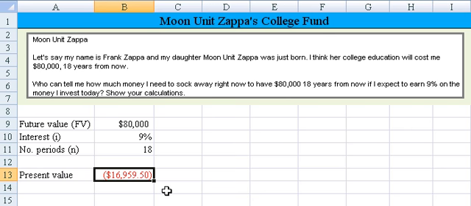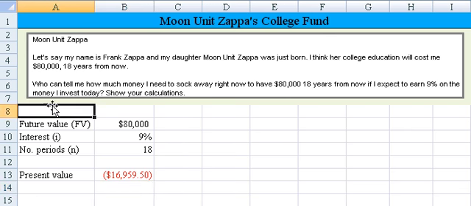And how we solve that is we use Excel's present value formula, where we enter the future value. Actually, let me do it in order. Where we enter the interest rate of 9%, then the number of periods, which is 18. There's no payments. That's why we have two commas. There's really a zero in between, or you can omit it. And then we enter the future value of 80,000. And once we hit enter, we come up with a present value amount, the dollar amount we need to deposit today of